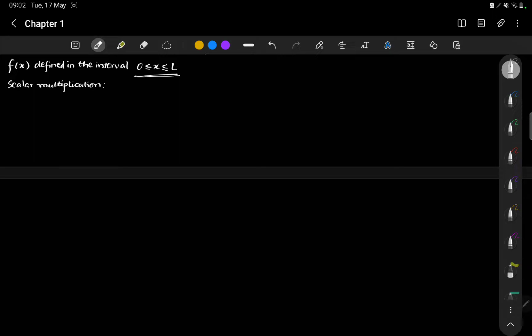How are we defining the scalar multiplication? A times f of x, where a is a real number. So this is the scalar multiplication. And then we define addition. What is the addition? It is pointwise addition, meaning that if we have two functions, let's say two functions